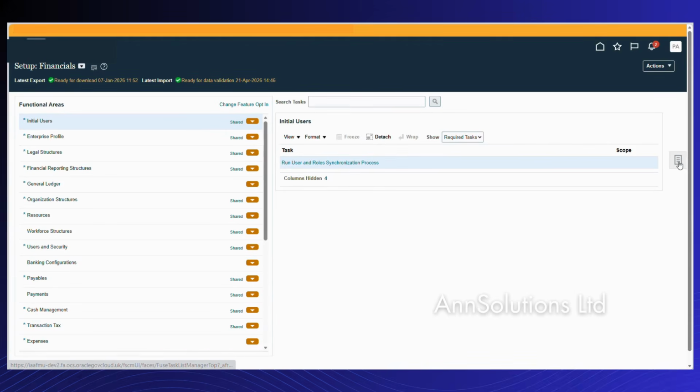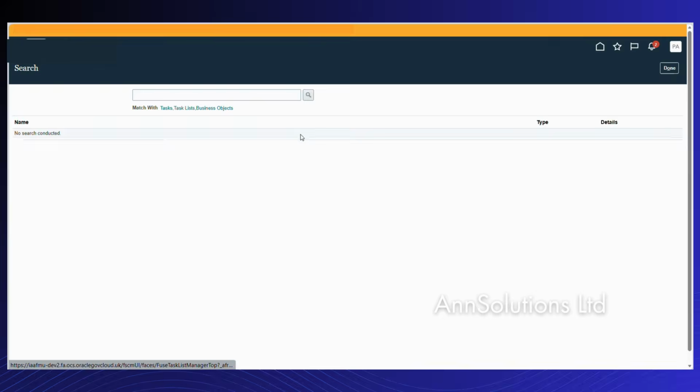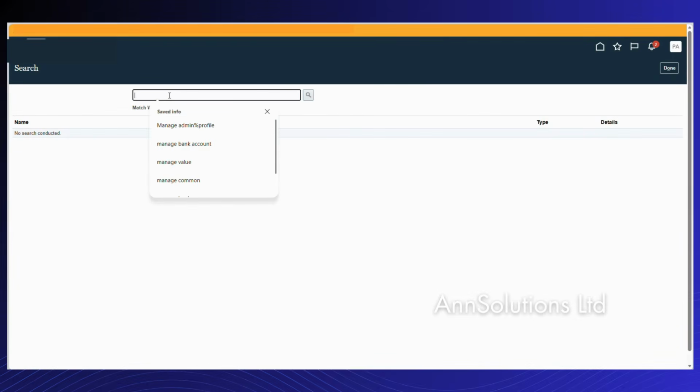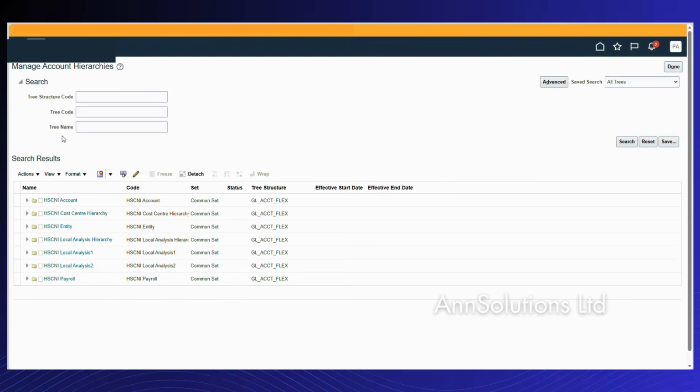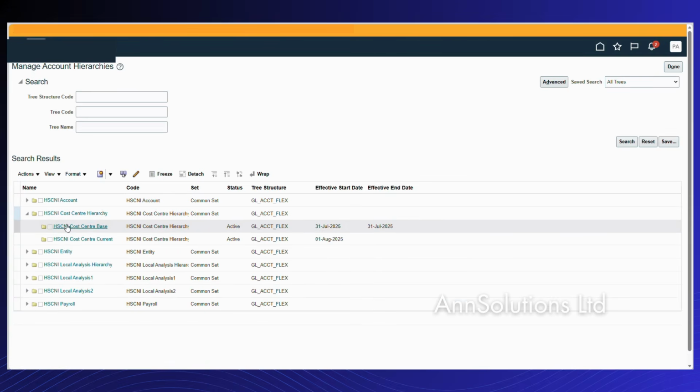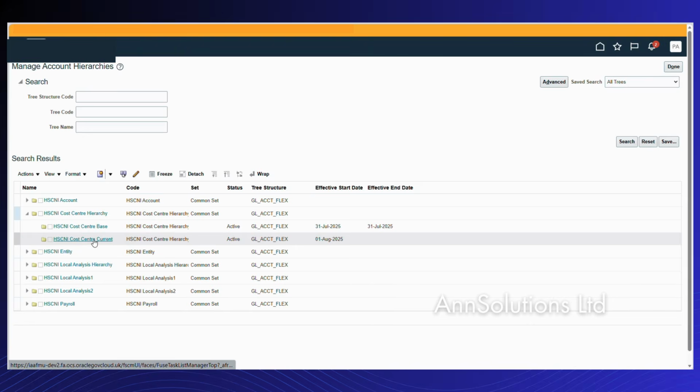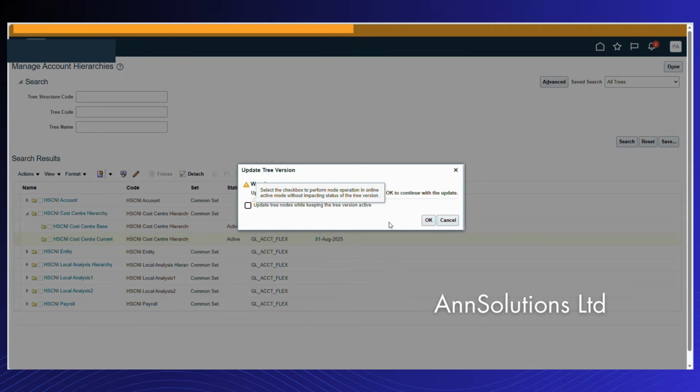Here in the global search, we will find Manage Account Hierarchy. I just wanted to show you how the hierarchy has been formed. I'm not going to show you how to create hierarchies; this is just to demonstrate what hierarchy we have created. If you see the hierarchy, there's a baseline version and a current version. If you click on the current version,